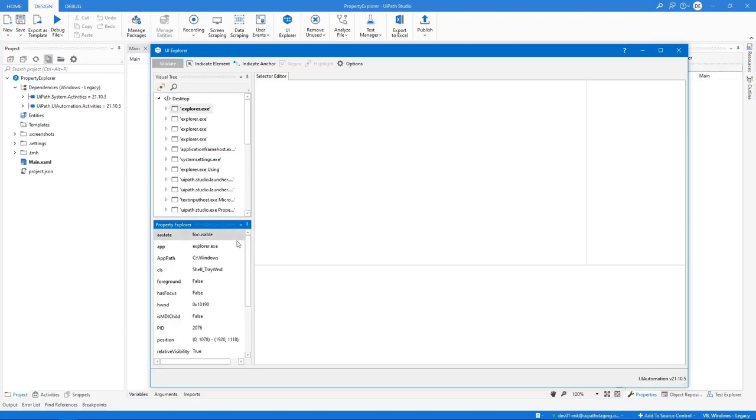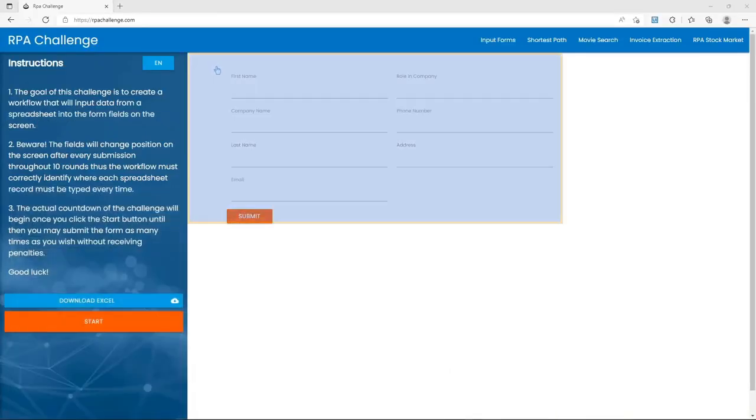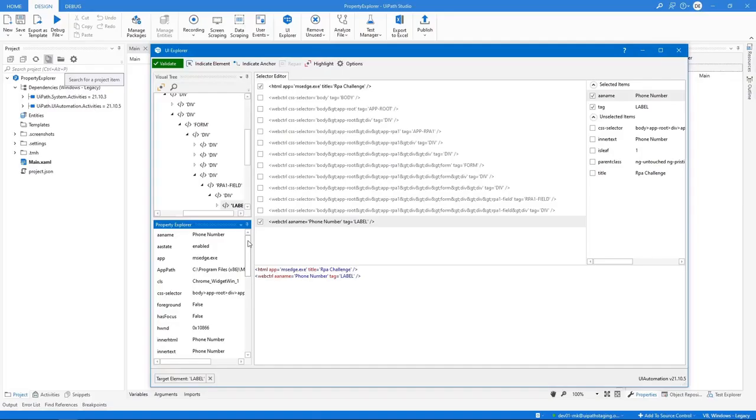It displays all of the attributes that a specified UI object can have, including the ones that do not appear in the selector. To see how it works, let's go to the RPA Challenge website and indicate a UI element. We'll select the phone number label. After making the selection, we can see that all of the available attributes of the element are listed in the